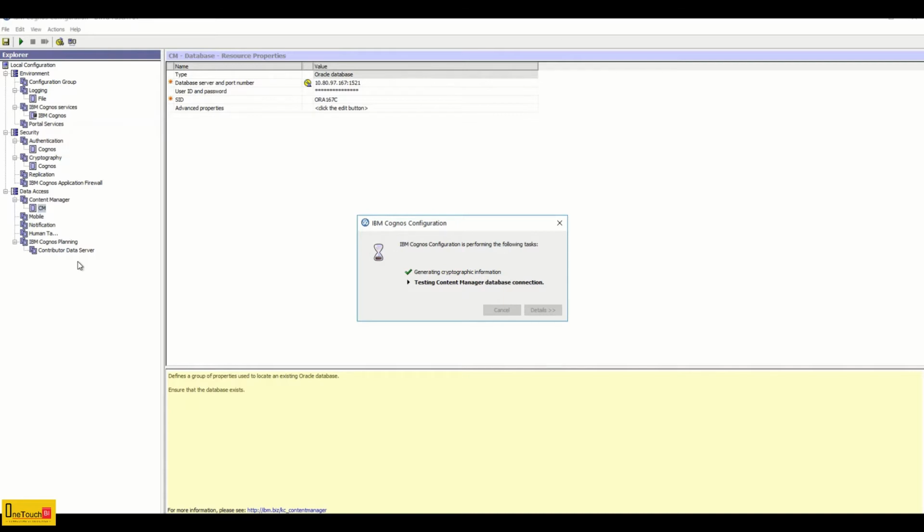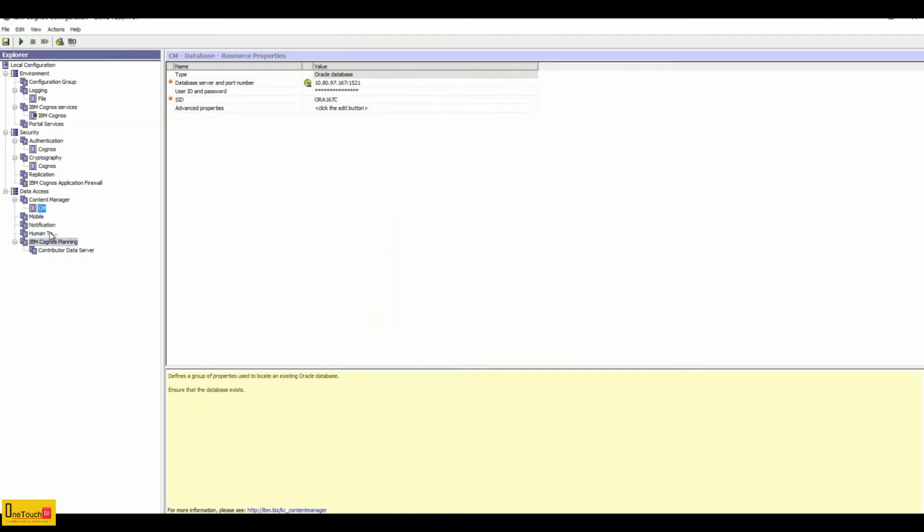This time it should not throw the error message since we have all the prerequisite jar files in place. Yes, that's true. You didn't get any error message.